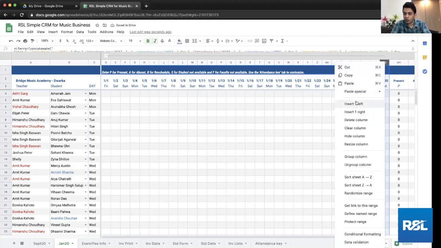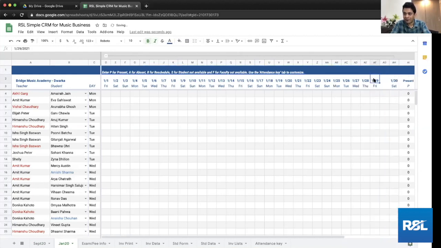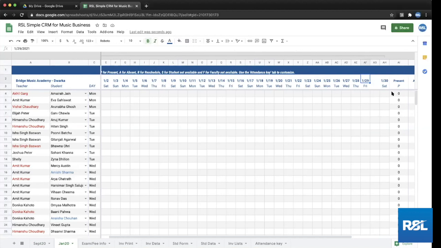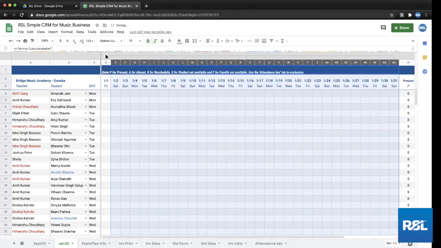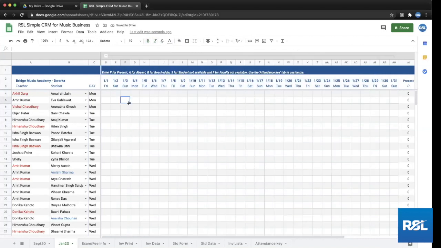I'll tell you why, because the formatting changes. One more to the left, and let me just hide this, zoom. So I click on this and just drag it for 2 more dates. There you go. So that's done till January. And if you notice, there's a group icon on the top. So the moment I click on this minus right now, it will hide all the attendance and you'll be able to see the report without having to scroll anywhere. So this grouping I've already done for each month. So this is how you do it for the months.